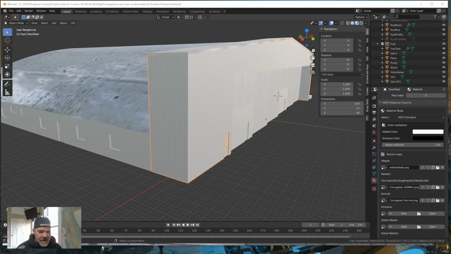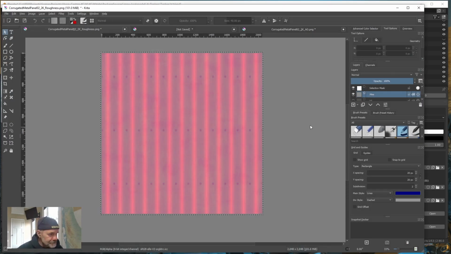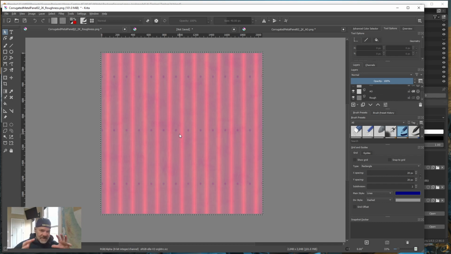So we've played around in Krita. We've played around with different layers, okay, to kind of give us different gradients of shining and see what looks the best and all that kind of stuff. And the shininess was controlled by the metallic layer or the blue channel, right? Okay, now,